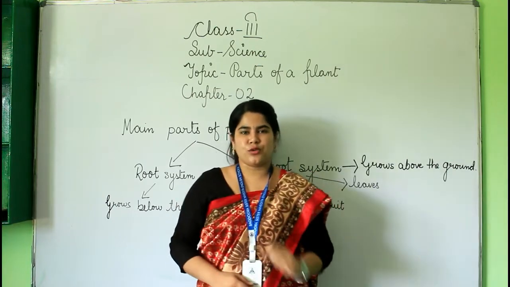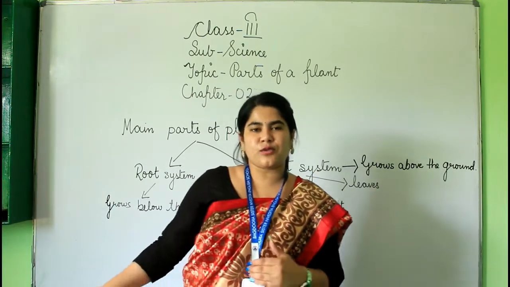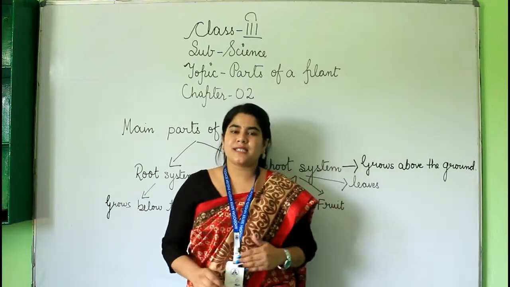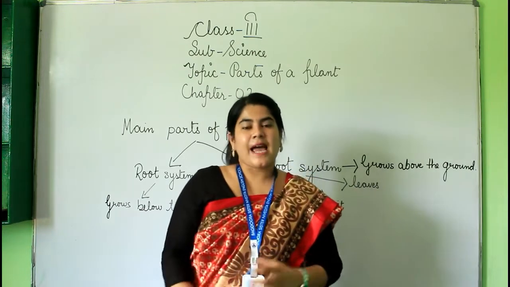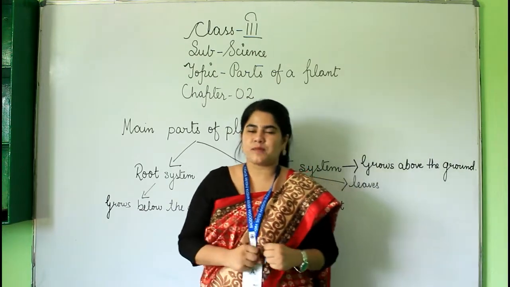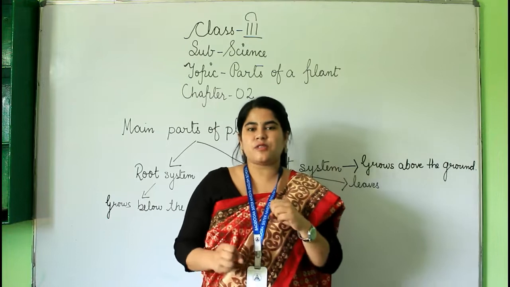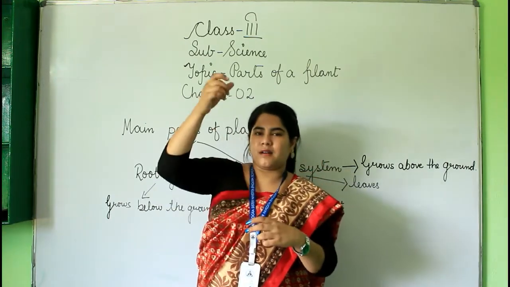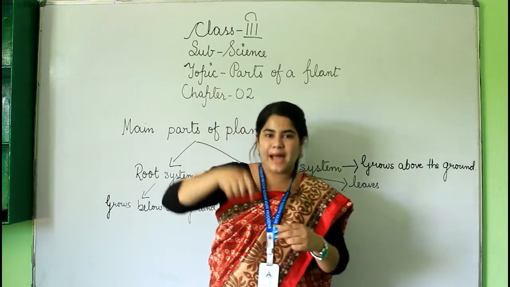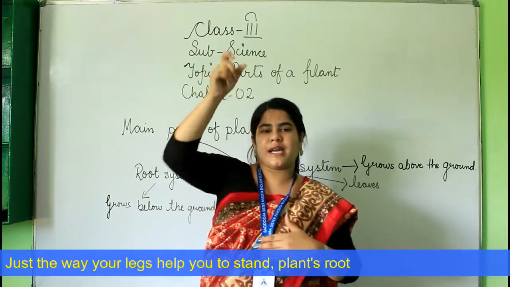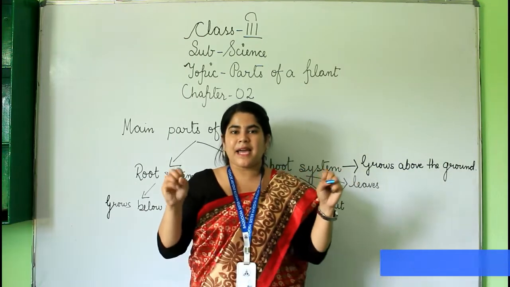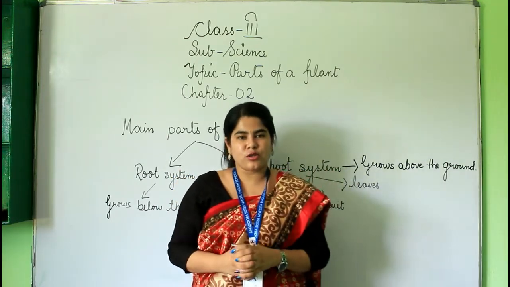Okay. What is root? I have shown you clearly. Okay. Now let's see the function of a root. Roots are very important as they help to absorb. Means it helps the plant to go straight. Means it helps the plant to stand straight. Okay, it keeps the plant straight by absorbing the mud, and also it absorbs water.